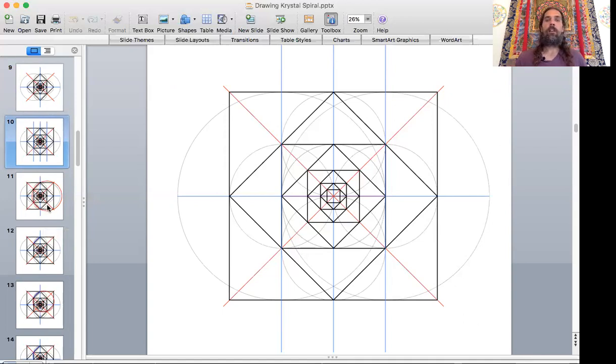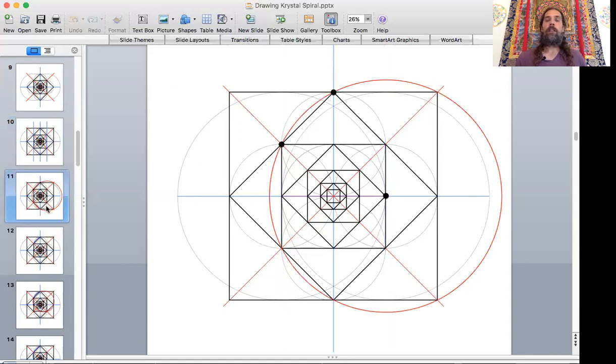If we've got all our grid work set up, and now the next step is to draw in the arc that's going to make the Krystal Spiral. So now this is the unique part to this design. This is going to give you the most smooth arc. And the way you're going to do this